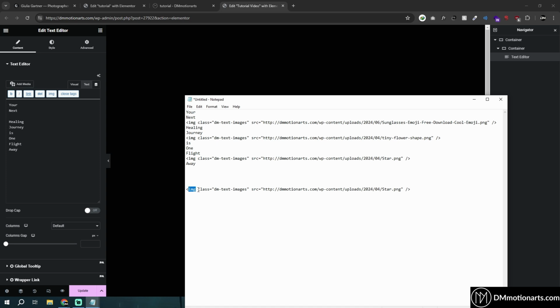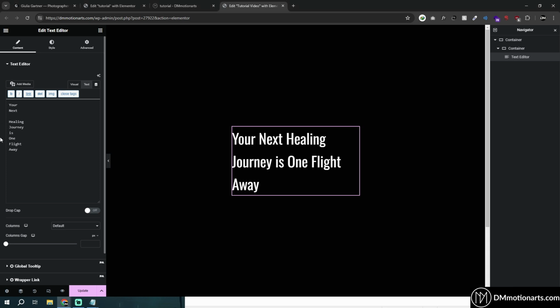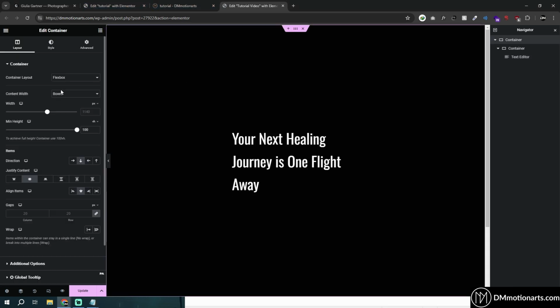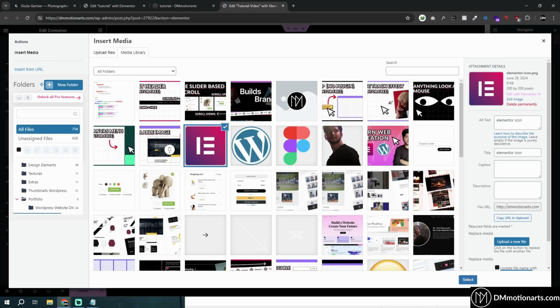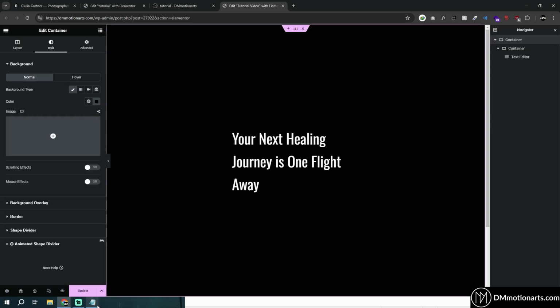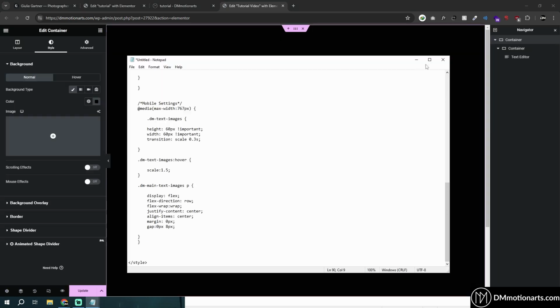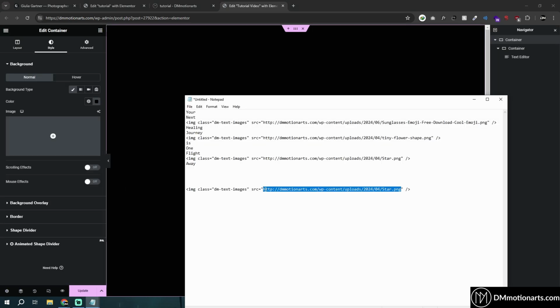So we have image, then I have given it class DM text images so that we could customize it. And then src, this is where we would have our image. The way we add our image is simply go into wherever you can access your media library, search for an image. I'll use this one, copy this file URL and then replace it in the src,